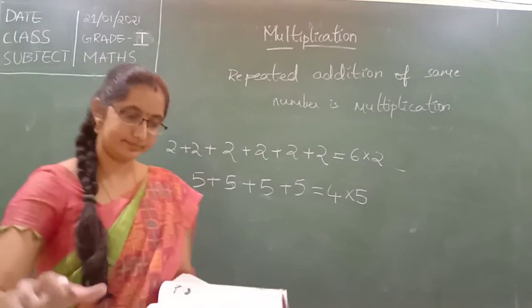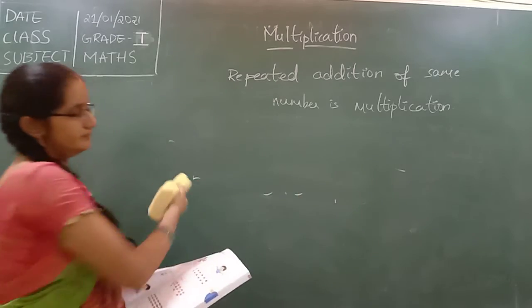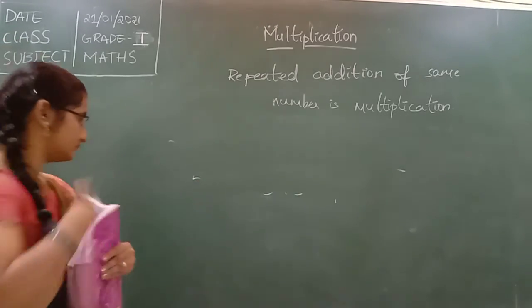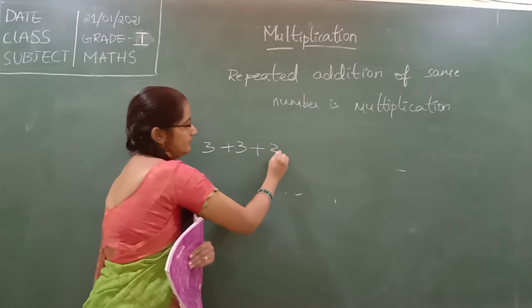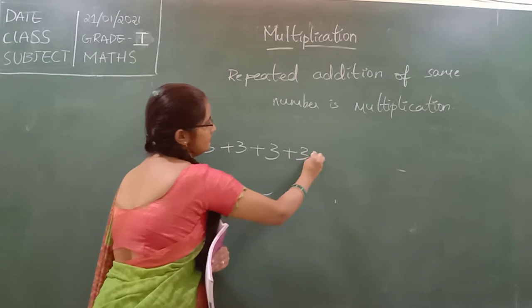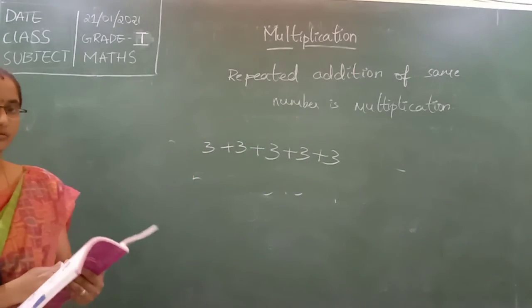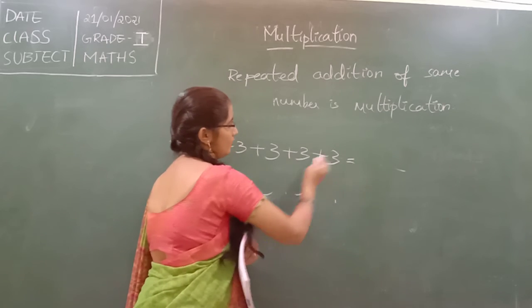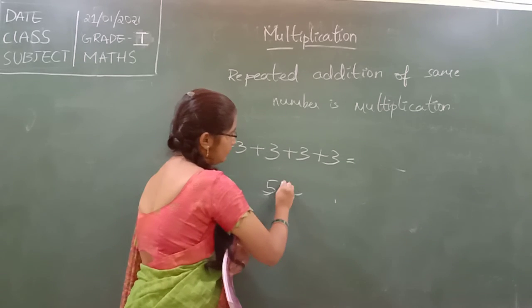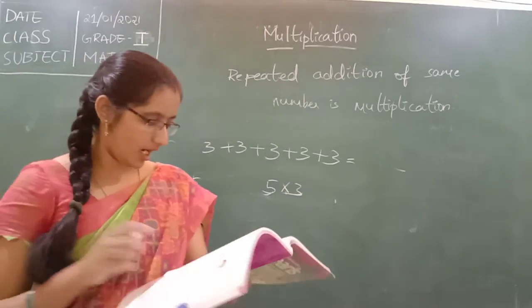And next, how many 3's do we have? 1, 2, 3, 4, 5. So 5 into 3. And remaining 3